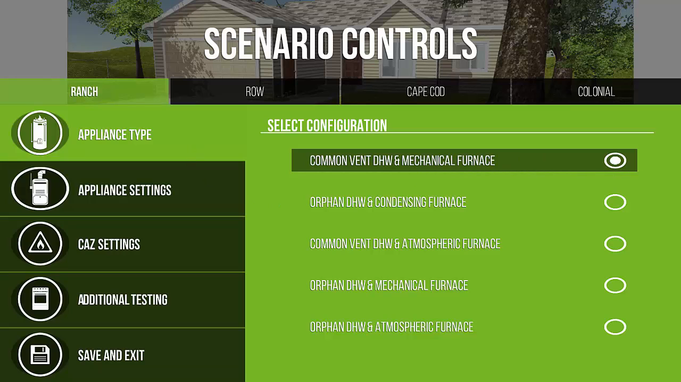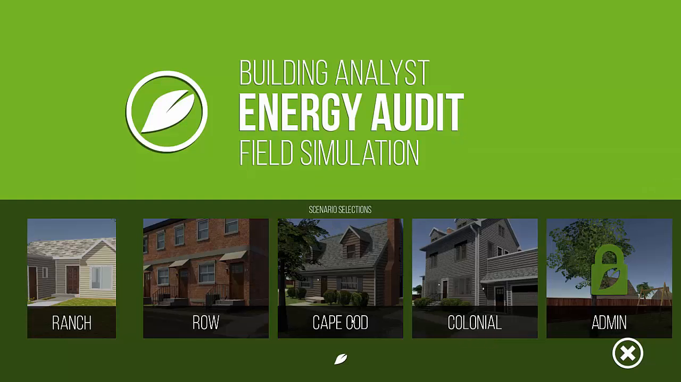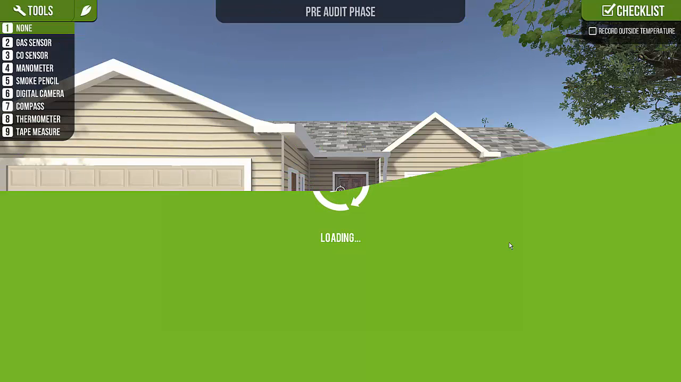So I'm going to actually go ahead and just leave all these at the basic settings, and I'm going to show you the ranch home, which is the first one that we developed. The controls are fairly simple, very similar to most computer games where you have your keyboard and mouse interface. You can use either the arrow keys or WASD to move around, and the camera is controlled by